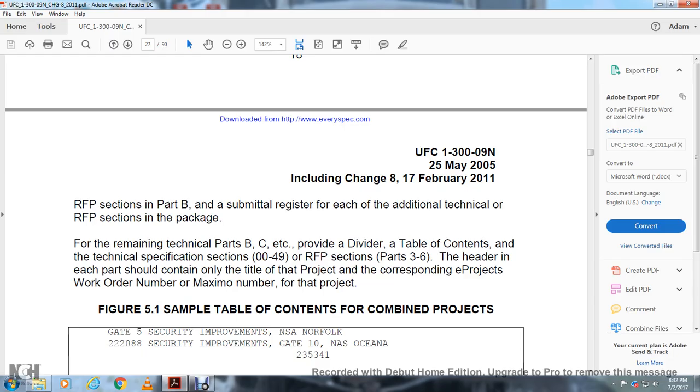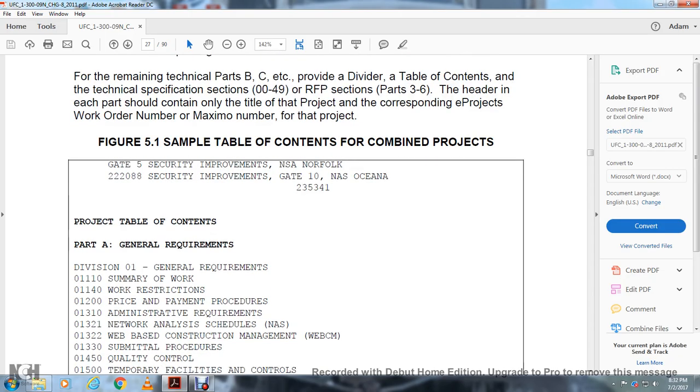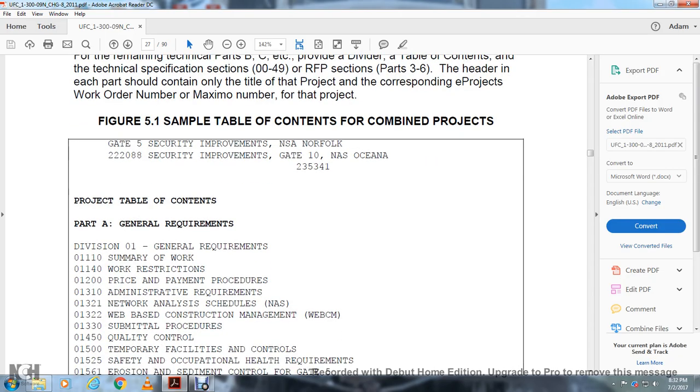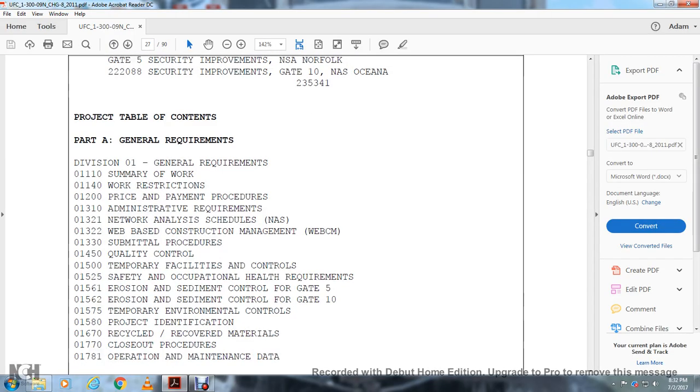Each part should contain only the title of the project corresponding with each project work order number and maximum number for the project. For example, the table of contents for combined projects shows the Gate 5 security improvement at NASA Norfolk, and the security improvement at Gate 10 NASA Ocean. Project table of contents, general requirements, Division 01 general requirements, summary of the work, price and payment procedures, administrative requirements, network analysis schedule, web-based construction management, submittal procedure, quality control, temporary facilities and controls, safety and occupational health requirements, erosion and sediment control for the Gate 5 and erosion and sediment control for the Gate 10, temporary environmental controls, project identification,